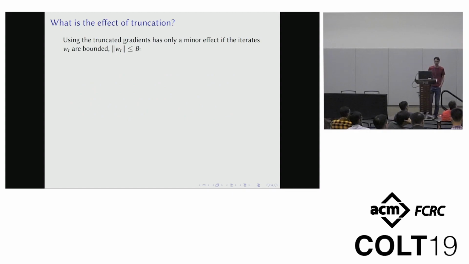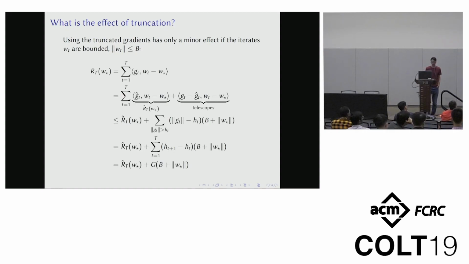It turns out things are okay as long as the algorithm is sort of stable. So if the iterates of the algorithm are all bounded by some bound b, we can show that things are kind of okay. It looks a little bit complicated, but I assure you it's not that bad. We just write down the regret, and then you can decompose the regret into two terms. The first term is just the regret on g hat, which we have control over because the g hats are respecting the hints. And the second is that sort of error term that we experience.